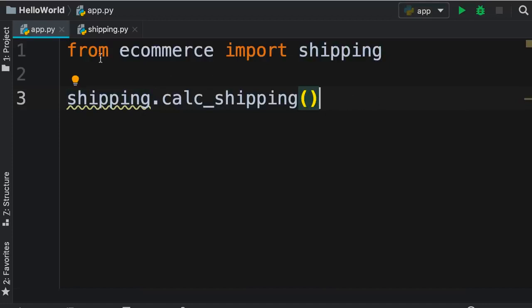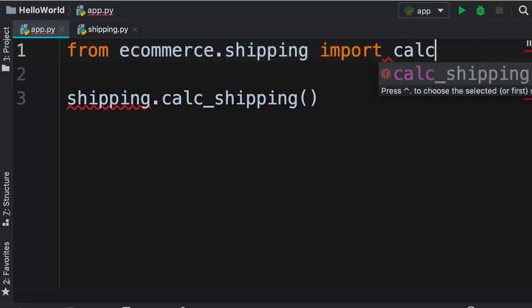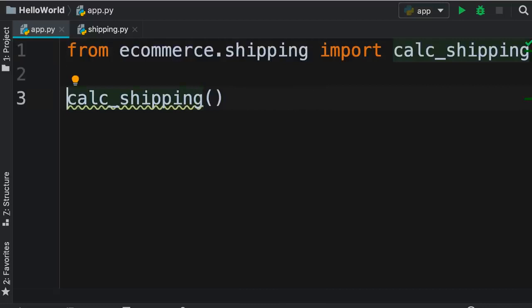So to recap, when using the from statement, we can either start from the package and import a specific module, or we can start from package.module and then import a specific function, like calculate_shipping. So this was the basics of using packages in Python. As I told you before, packages are extremely important, especially when you want to work with a framework like Django. We use Django for building web applications with Python, and I'm going to show you that later in this course. So in Django, we